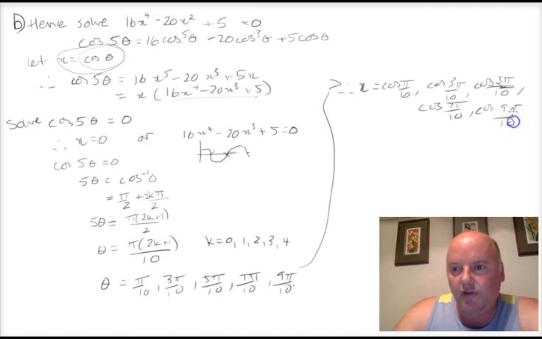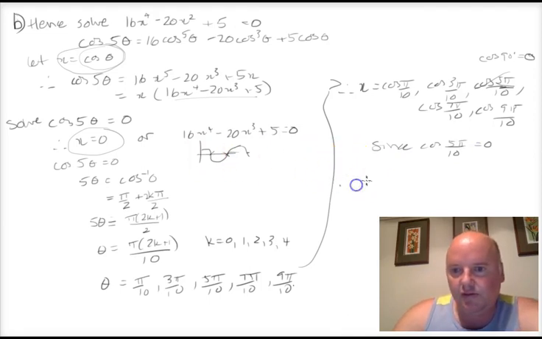Now we've got 5 solutions for something that's only a quartic, so we've really got one more solution than we need. Remember, one of these was x equals 0, so one of these is x equals 0. There's cos 90 there. Now you know cos 90 equals 0. So you'd write something like, since cos 5 pi on 10 equals 0,